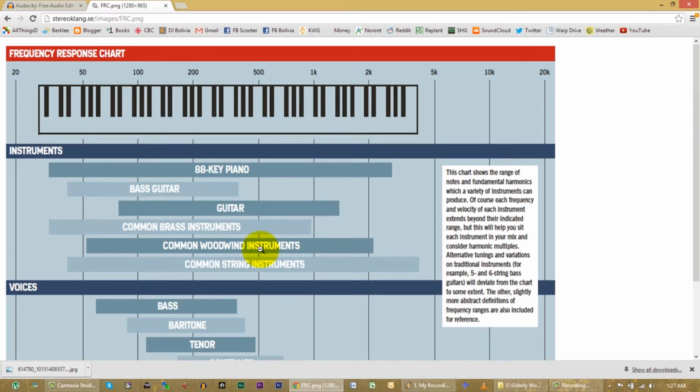Now, I'll have to point out that when you're talking about these notes, you're talking about the main frequency that they come through. If I hit a note on a piano, the main frequency that I hear is what the pitch of the note is called. That's called the fundamental frequency, the main frequency.